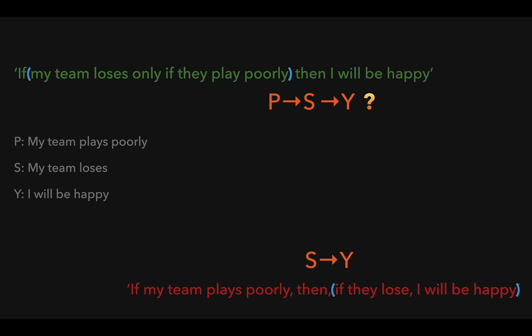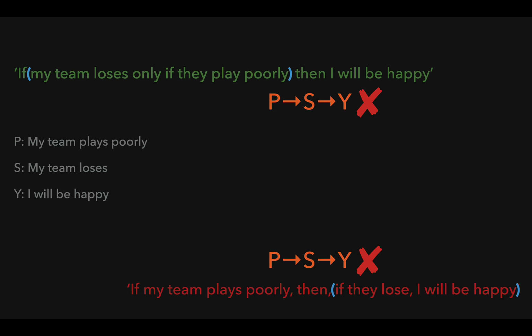And let's just put a P on the front of that for "my team plays poorly" with an arrow. So what do we think about these symbolizations? We do not like them. They are bad and wrong. Why? Well, the English, as we said, we need different symbolizations because we need to be able to look at